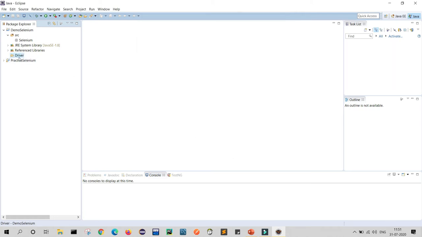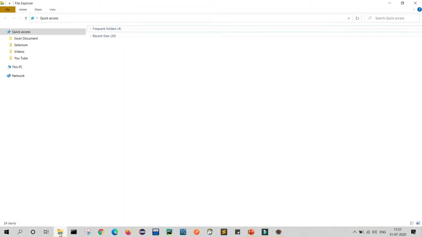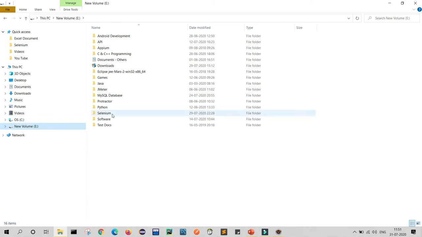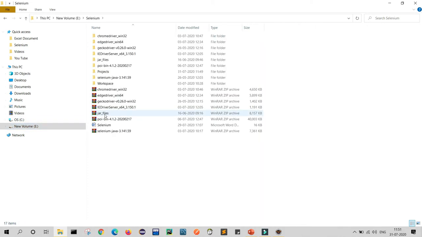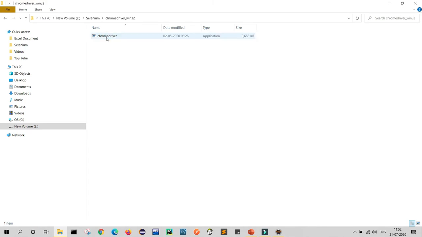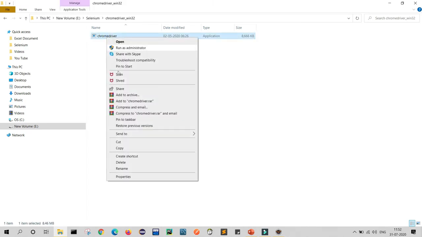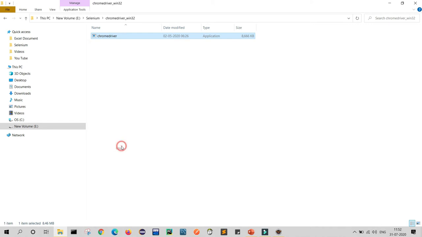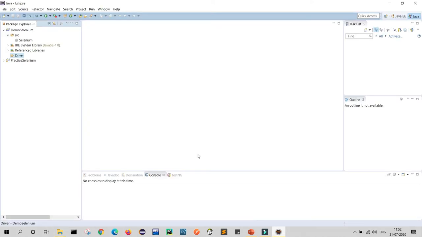Now what will we do? We will open our folder where we stored all our jars and drivers, and we will just copy both the drivers here. As you can see, I have already downloaded Chrome driver. Just copy this Chrome driver, click copy, move here, select the driver and paste it.